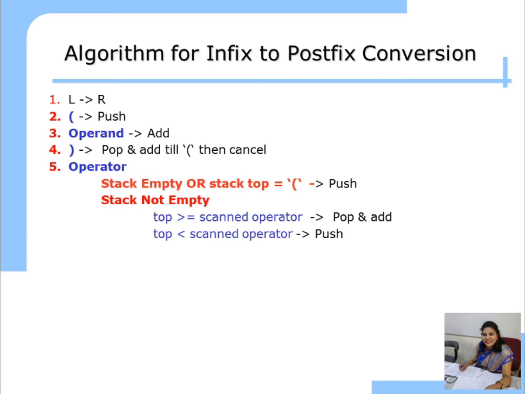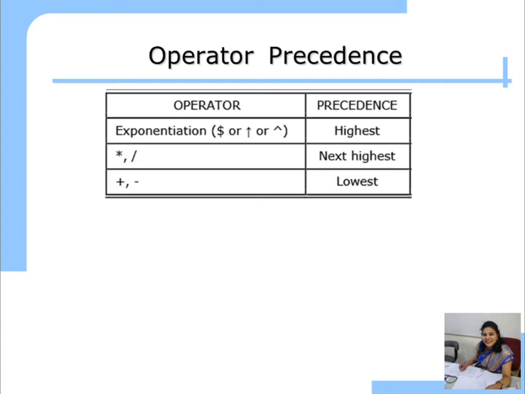Now we are going to solve this sum using this algorithm, but before that you have to understand how to compare the precedence of the operator. So let us see the operator precedence. Precedence means priority. The highest priority is for exponential, that is dollar, raised to, and parenthesis. These are all operators. This is also parenthesis, left parenthesis, right parenthesis, and the raised to, exponential. All these have the highest precedence.